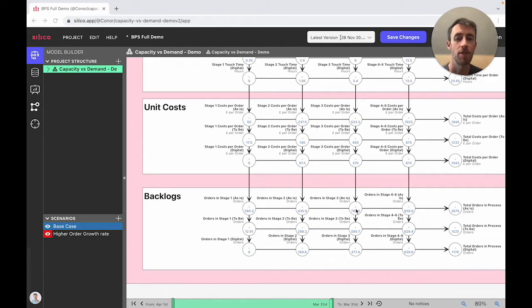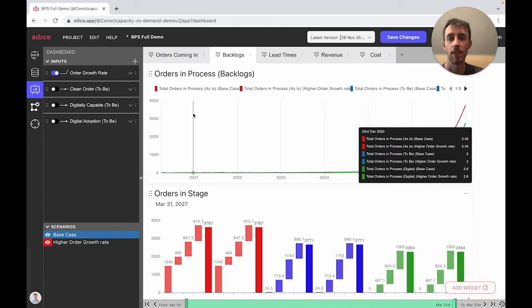But a lot of the time with simulation we discover that fixing a backlog at stage 1 of a process will simply shift that backlog or bottleneck to, let's say, stage 3 or 4, because there's insufficient capacity there to deal with the increased downstream volume. And so what we want to get is this end-to-end perspective, and that's what a digital twin of a process allows for. So if we go here to our dashboard feature,